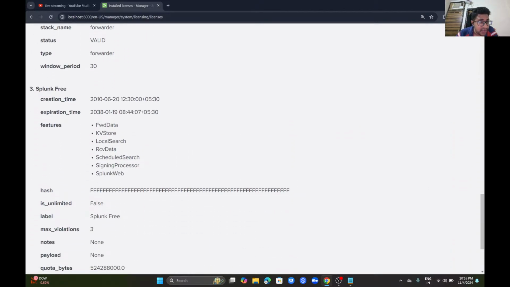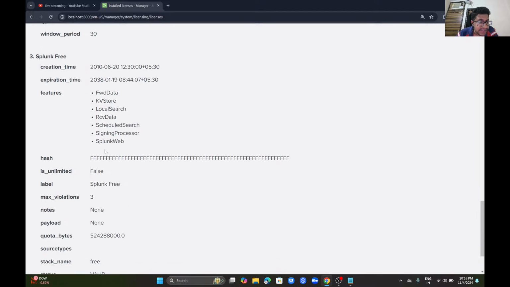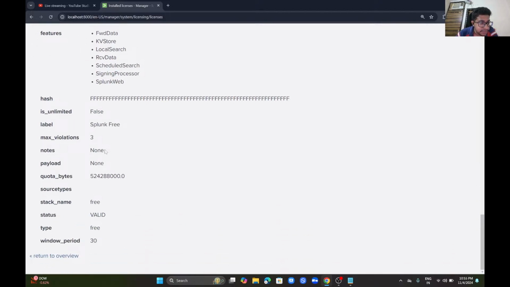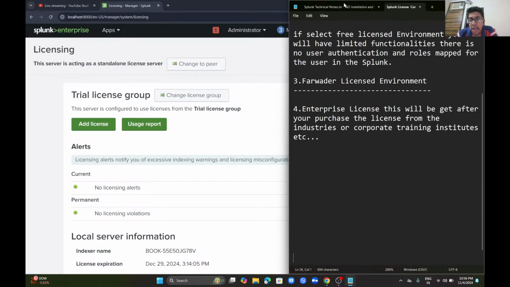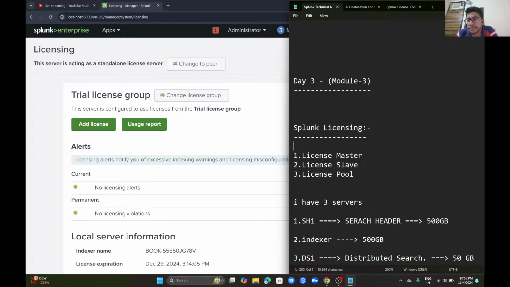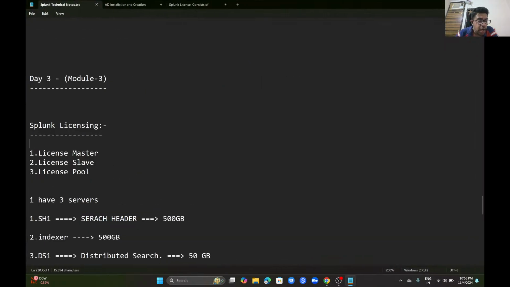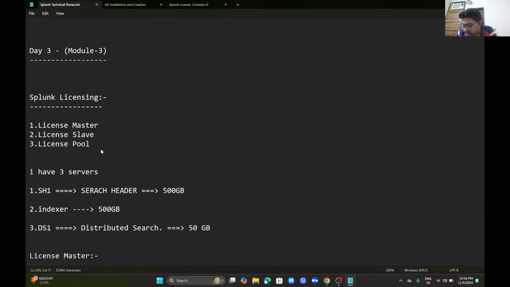Splunk Free. These are the features. Return to the overview. This is the main thing in real-time scenarios. After that, we have the license master and slave. Once you create a master, it is automatically configured in the slave. We can use the master and slave configuration in the